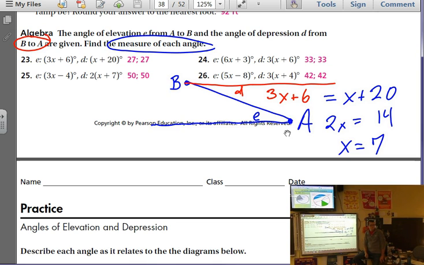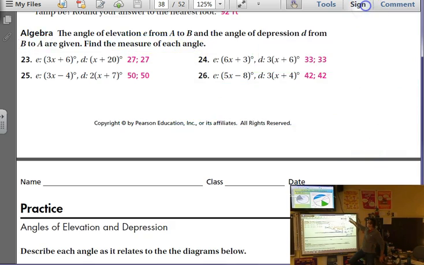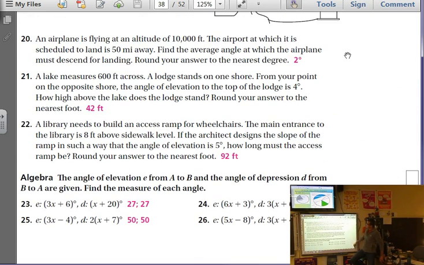Rhea? Can you do 20 and 22? I think I just solved the wrong angle on 20. An airplane flying at an altitude of 10,000 feet. The airport, which is scheduled to land, is 50 miles away. Now the problem is it didn't tell me whether it's 50 miles horizontally or 50 miles direct distance. So when you guys set this up,